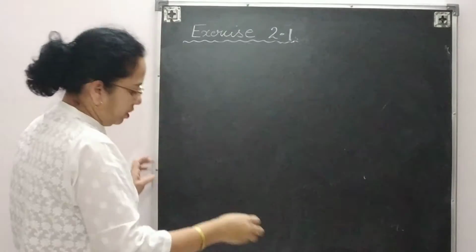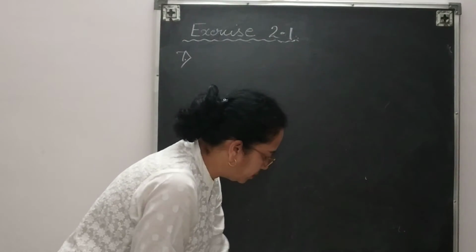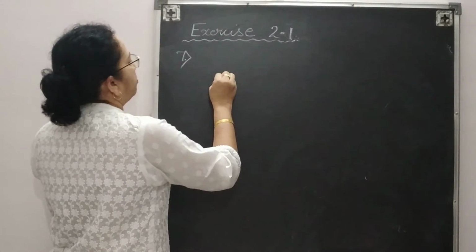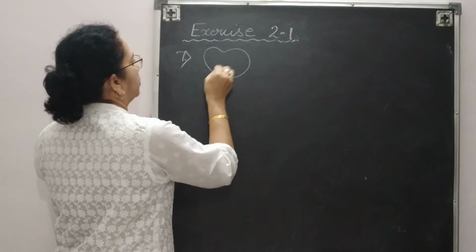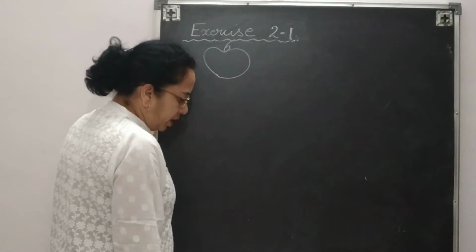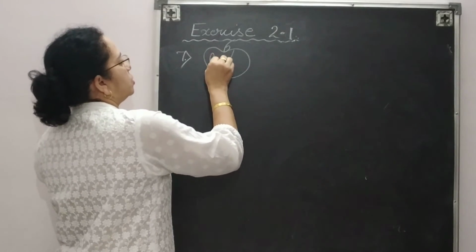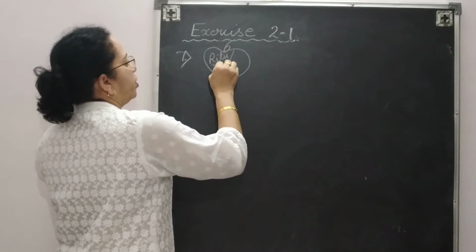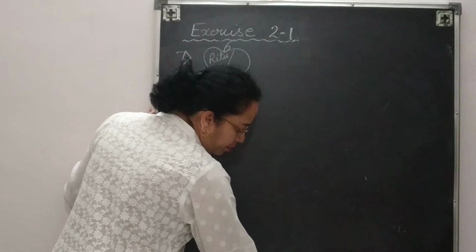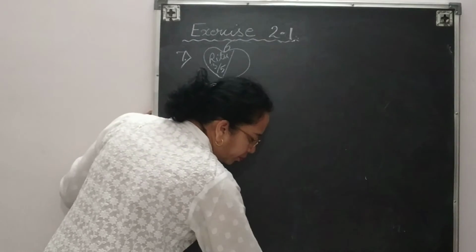My next question is question number 7. Yeah, just a minute. Let me turn over the page. Yeah. So the next question is regarding an apple. So this is an apple. What is given in the apple? 3/5 part of an apple. Suppose this is the 3/5 part. I am just assuming. So Ritu ate 3 upon 5th part of an apple. And the remaining part is eaten by her brother. How much part of the apple did Somu eat?